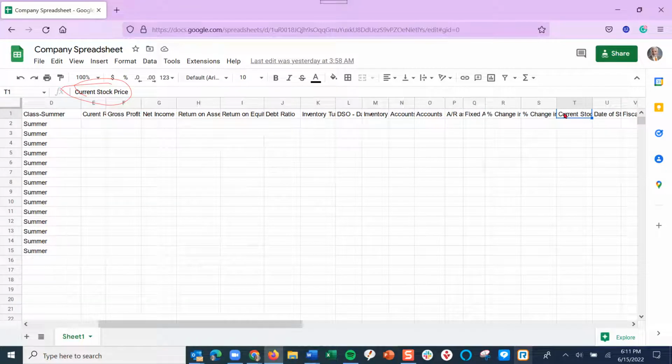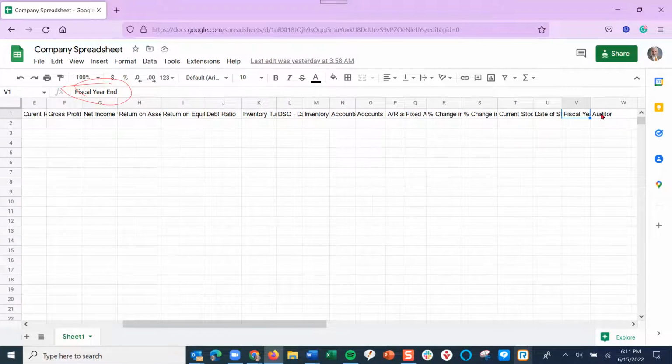Current stock price. Now that won't be on your 10K, but you can find the stock price pretty quickly. And you probably are aware of the stock splits going on with Amazon. Tesla's going to have another stock split. Apple had a stock split not too long ago. So the stock price is going to reflect the post-split pricing.